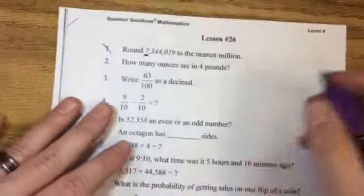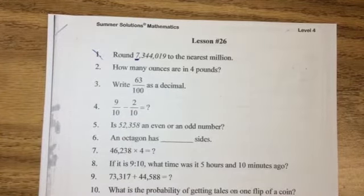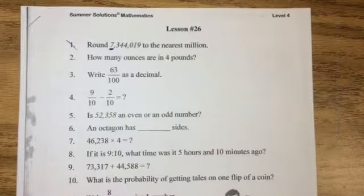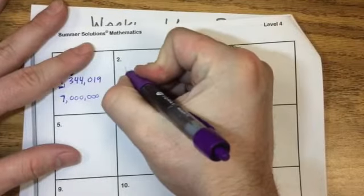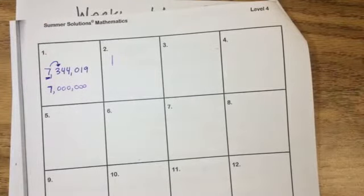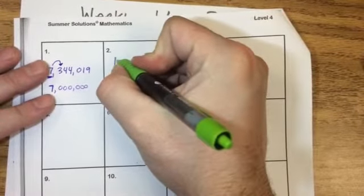All right, number 2. How many ounces are in 4 pounds? And I know that in 1 pound, my pen's dying here, I'm going to have to switch it out. I know that in 1 pound,